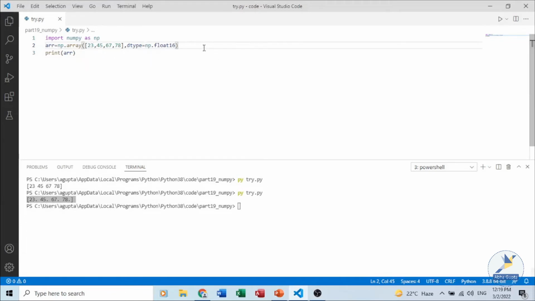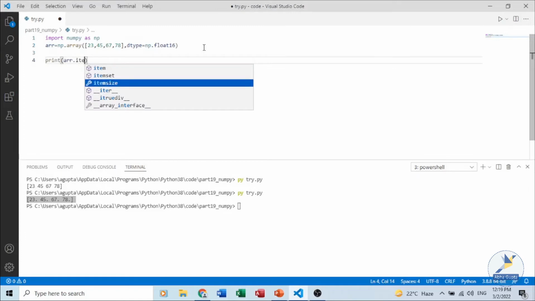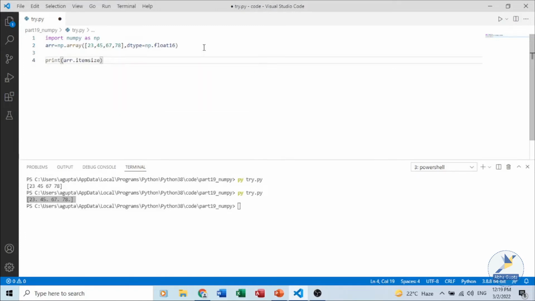Now, how to check the byte size, we can use the itemsize attribute together with the array. This array attribute will return the length of each element of the array in terms of bytes. So if I write, instead of print arr, dot itemsize, it will give me the item size.